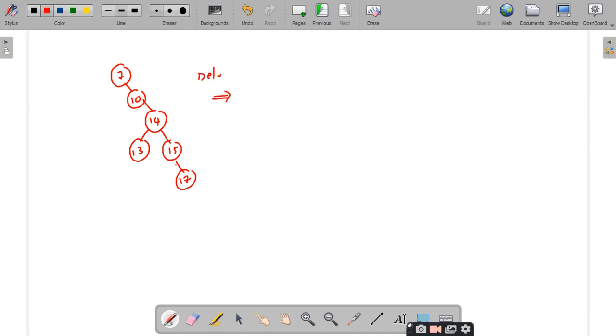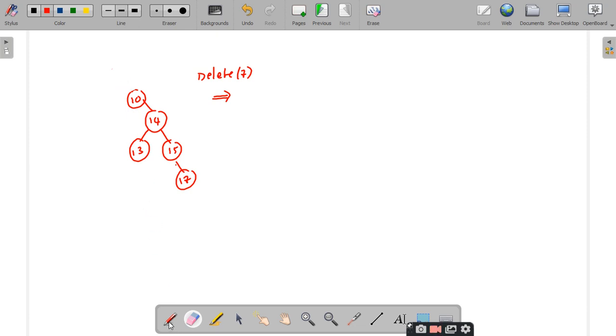My operation is delete of 7. Let us take this BST. Is it the BST or not? Yes, sir. So I want to delete 7. According to the top down approach, I have to splay 7, but since 7 is already placed as the root node, nothing to splay, therefore you just delete it.